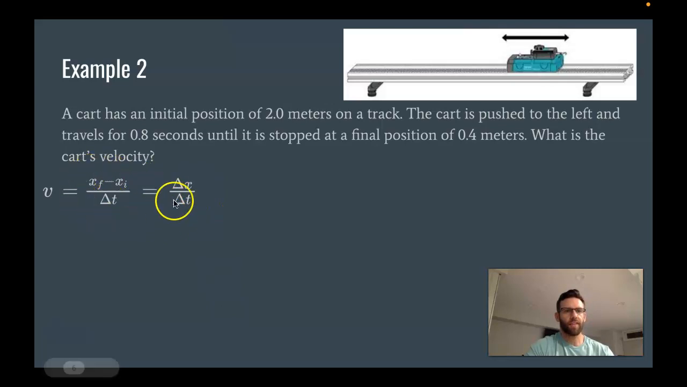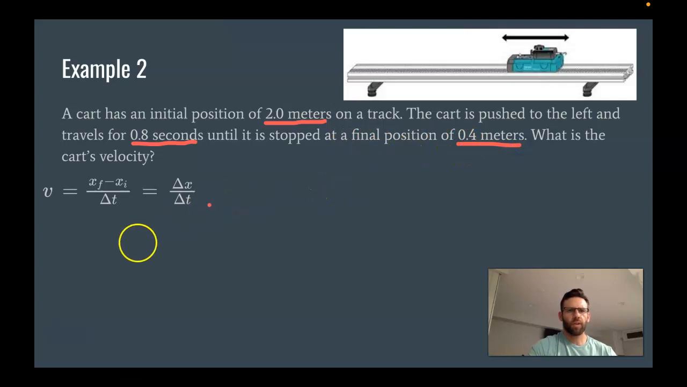All right, so again, I have this equation. I'm going to use that in a minute. Let me just make sure I write down a few things. So I want to underline my numbers. I have an initial position, a final position. All right, so what do I know? Well, my initial position was 2 meters, so I'm going to put xi equals 2.0